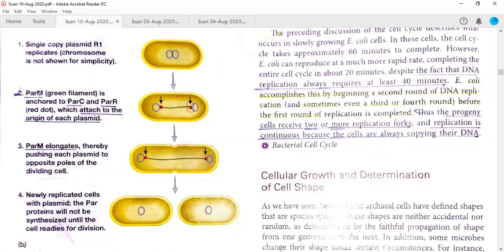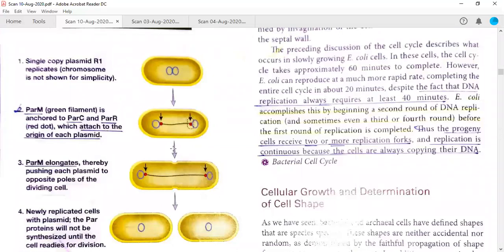One is ParM. This is not black, actually, this is green. The green filament is anchored to ParC and ParR, which are shown in the form of red dots. The red dots are actually made up of two proteins, C and R. CR, you can say, is a dimer. And the M protein is this green or black filament, whatever you are able to see, which is joining these two red dots. When this polymerizes, it will push both the plasmids towards the opposite poles, so that when the bacterial cell divides from the center with the help of FtsZ protein,